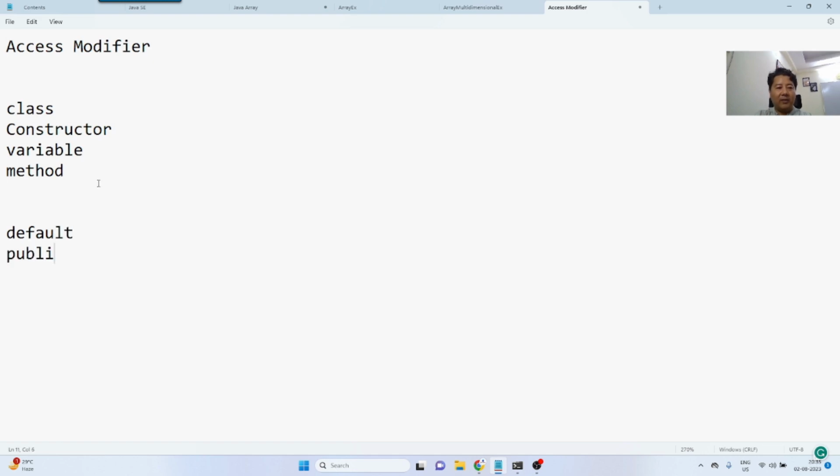If you mention public, then it will be public. That means accessible from everywhere. Any class, even a class in another package, can access it. Another is private. Private means that all these attributes, whether it is class, constructor, variable or method, can be accessed by that particular class only. Protected,